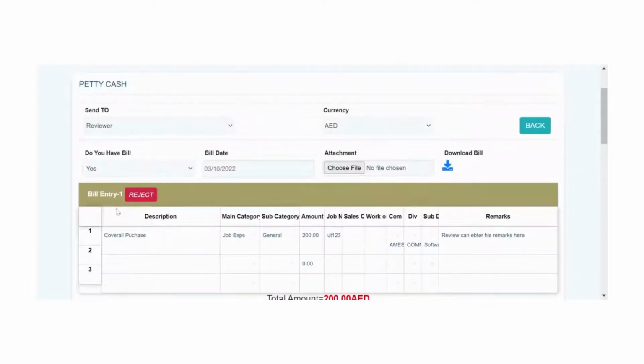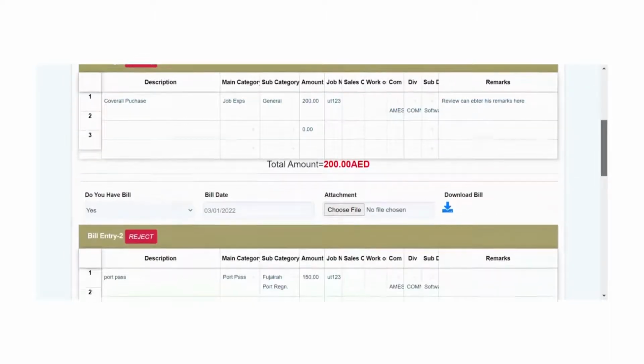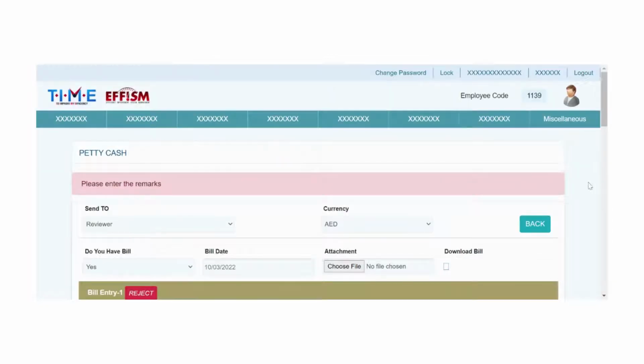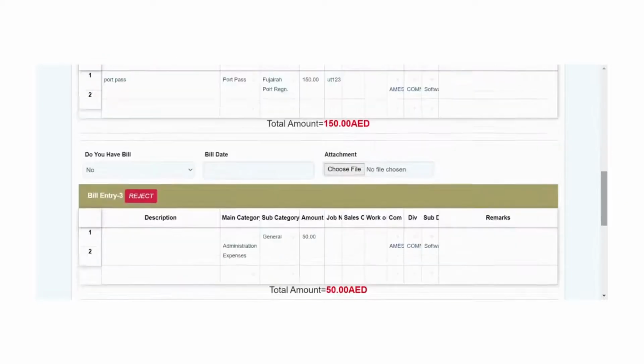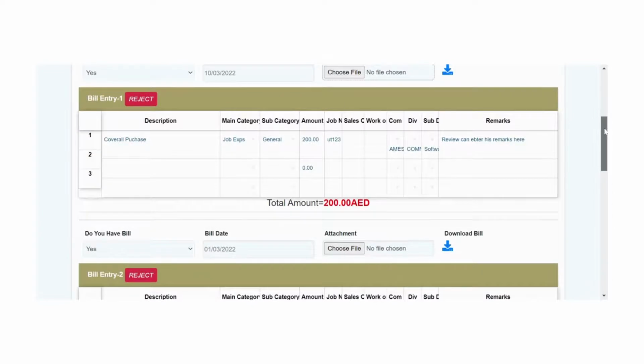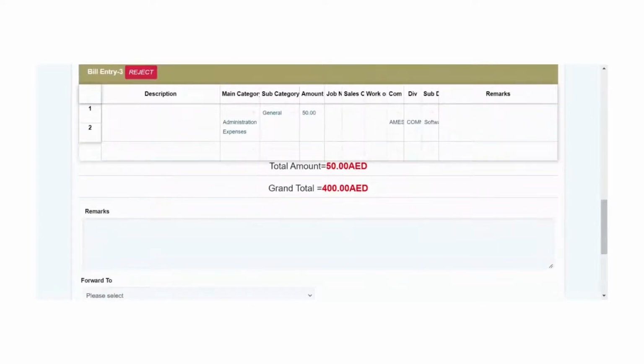And here you can see one reject button against each bill entry. If a reviewer wants to reject any particular bill entry, he can reject that bill by clicking on this reject button. I will try to reject bill entry 3, and I'm clicking on this. Then you also have to put some general remarks over here, and only then can you do the reject process. So, bill entry